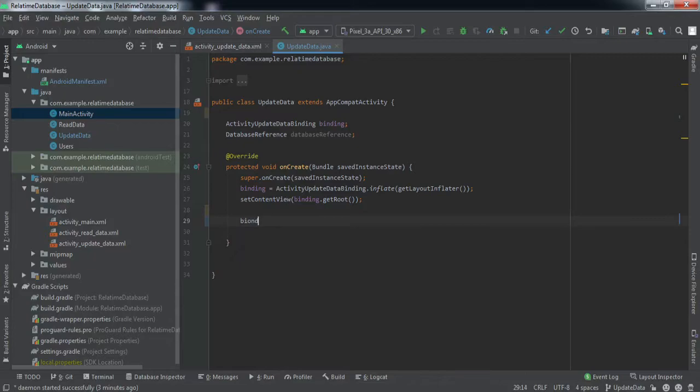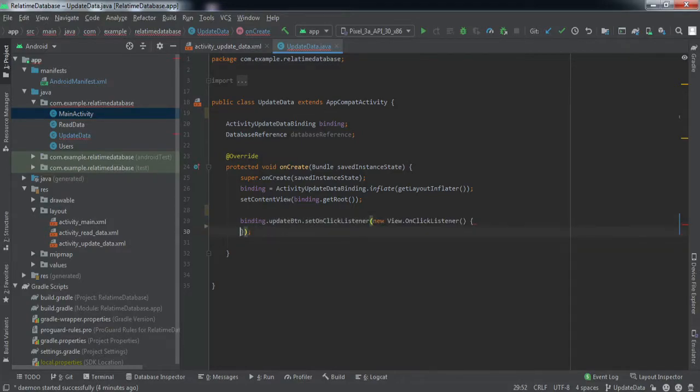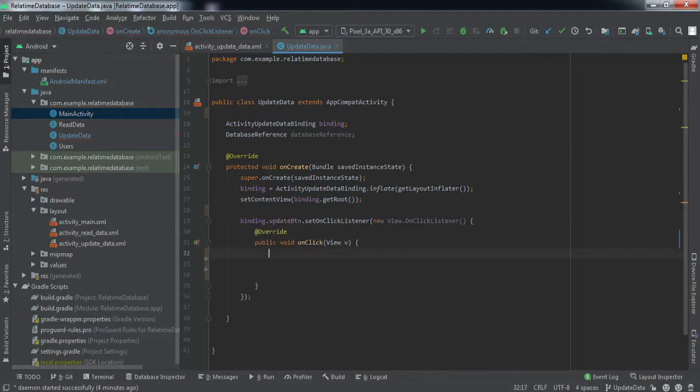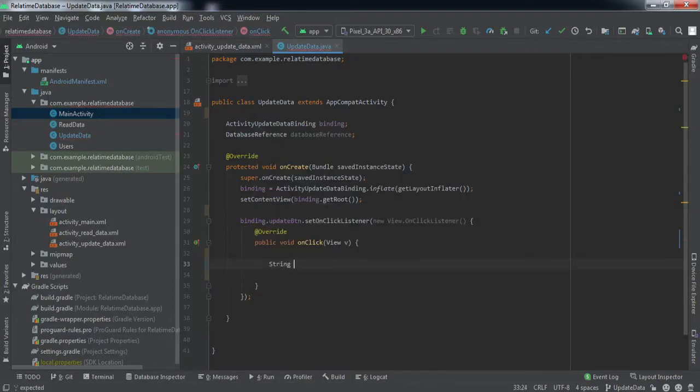Now we'll set the on-click listener on our update button, right? Now we'll fetch all the values that are being entered by the user into the edit text fields, right?